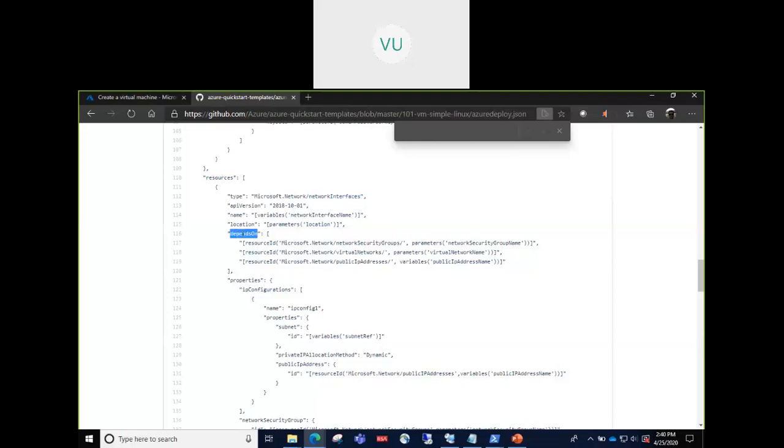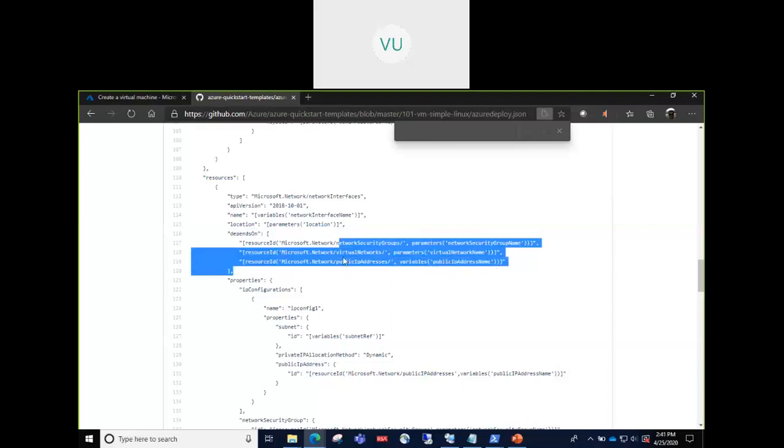Basically, it uses depends on. The orchestration is done using this keyword. What it tells is, to create a virtual machine, you need to have this network interface card before. And to create the network interface card, you also need to have certain resources pre-created. Only then you can use network interfaces. For example, you need to have the virtual network, the public IP address, and the network security groups.